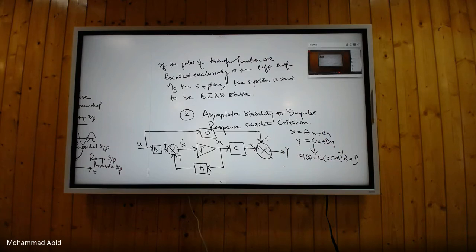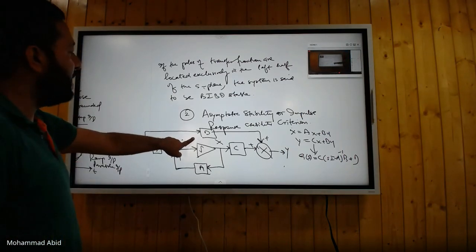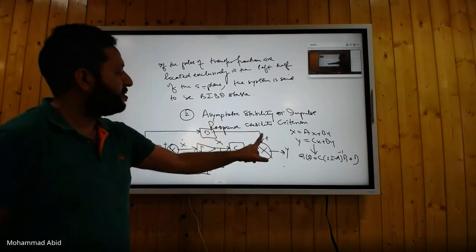क्योंकि जब हम ह्यूमन बीइंग्स की बात करते हैं तो इसकी डायनामिक्स बहुत ही कॉम्प्लिकेटेड है, और हम ऐसे सिस्टम्स को स्टडी कर रहे हैं जिसकी डायनामिक्स हमने बहुत ही सिंप्लीफाई करके रखी हुई है। नॉन लीनियरिटी हमने कैंसिल आउट कर दी है, हम सिस्टम एज्यूम कर रहे हैं कि लीनियर है जबकि एक्चुअली सिस्टम्स नॉन लीनियर होते हैं। हमने एज्यूम कर लिया है कि टाइम इनवेरिएंट सिस्टम्स हैं जबकि एक्चुअली सिस्टम्स टाइम वेरिंग होते हैं। लेकिन ब्रॉडली अगर मैं आपको बताऊं तो ये जो कॉन्सेप्ट है इसका कि इसमें पोल जीरो कैंसिलेशन हुई, तो उसका मतलब फिजिकली ये हो सकता है कि कुछ स्टेट सिस्टम के ऐसे हैं जो कि इनपुट आउटपुट डायनामिक्स में पार्टिसिपेट ही नहीं